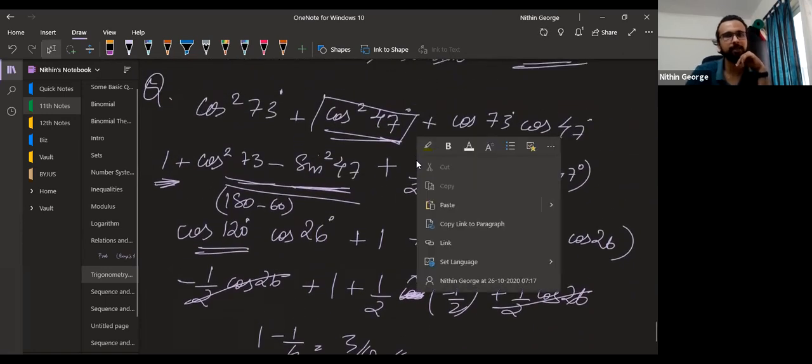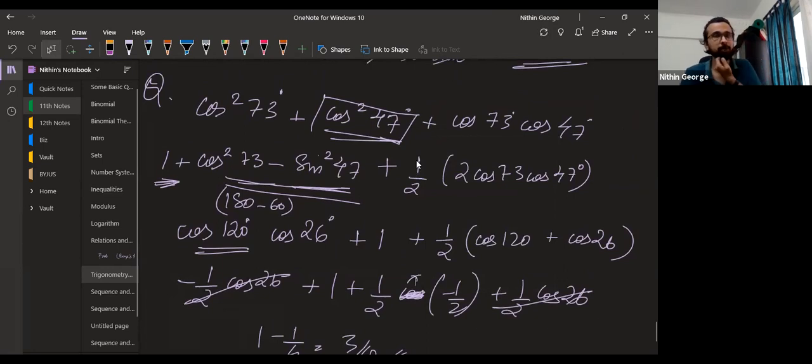We got this. So the idea here was I saw cos square A plus cos square B, and then I noticed that if I add the angles, it might be useful because I'm getting 120 here. I know cos, sine, everything of 120. Now, cos square A plus cos square B, I don't have any formula for. But if I write it as cos square A minus sine square B, I would be better off. So that's exactly what I did here. I wrote cos square in terms of sine square, and then I got cos square A minus sine square B, which is cos A plus B into cos A minus B. And then the other part was a product of two terms, cos A into cos B.